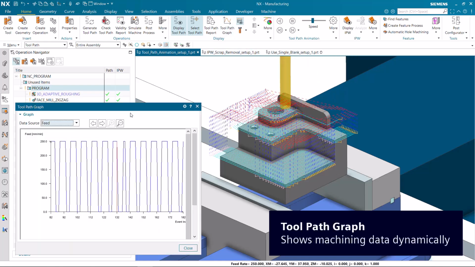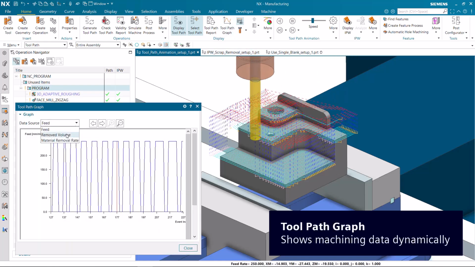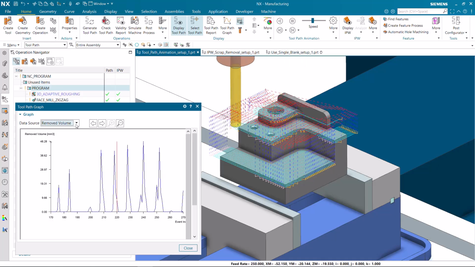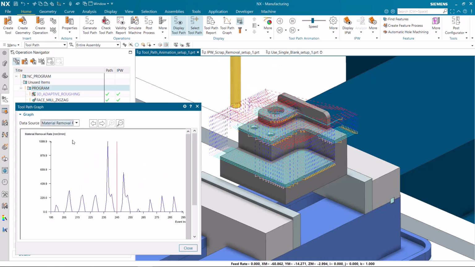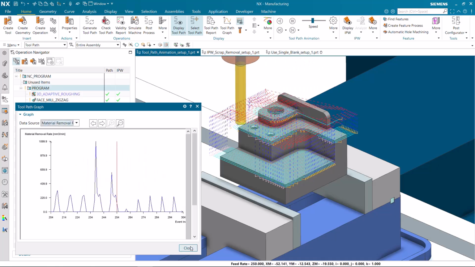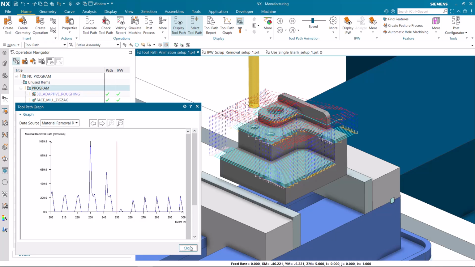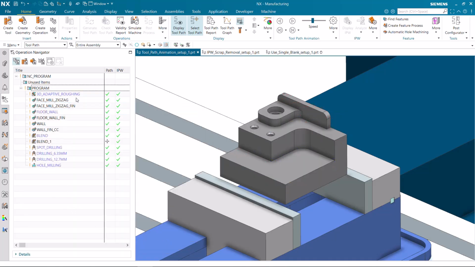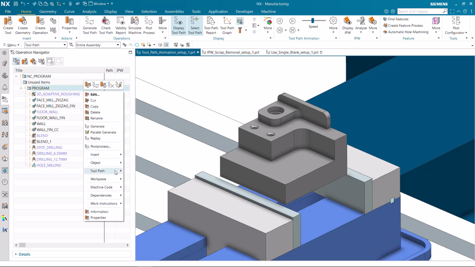Toolpath graph displays a dynamic line graph that plots feed rate, remove volume, and material removal rate to quickly visualize and identify any spikes or irregularities along the toolpath. The data sources for remove volume and material removal rate are calculated prior to entering toolpath graph using Calculate Remove